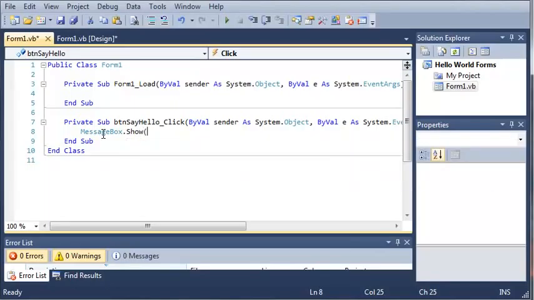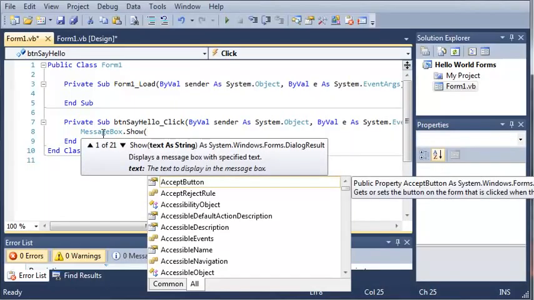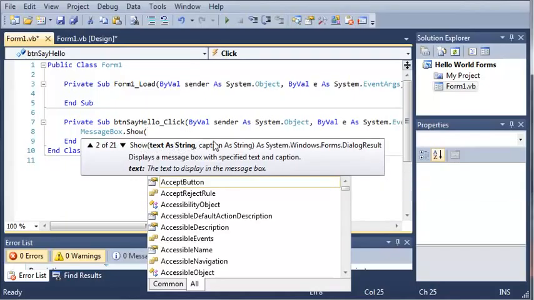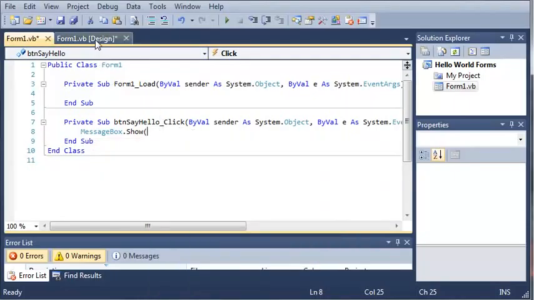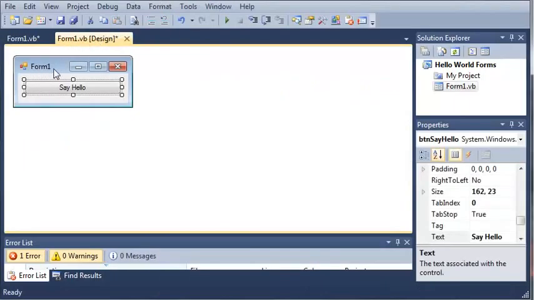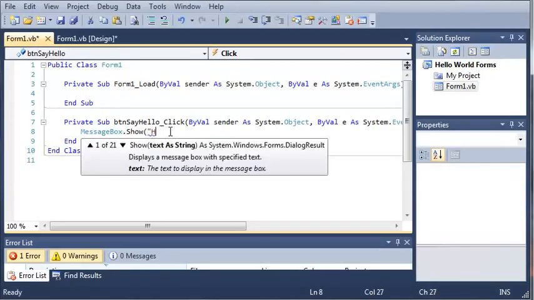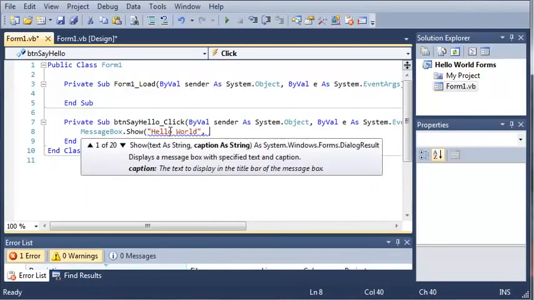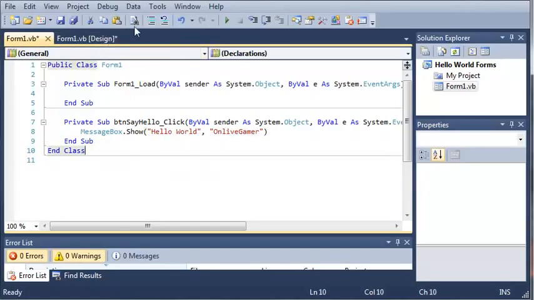So we're just going to type messagebox.show, and we're going to use the messagebox.show that uses two arguments in the parameters. The first argument is the text that's going to be displayed in the message box, and then the second argument is going to be the caption or whatever's at the top of the text box. So like here's our form 1. If the message box looked like this, the caption would be right there that says form 1. So we'll just do messagebox.show hello world, and then we'll just change the title to let's just do OnLive Gamer. Okay, so now if we run this,